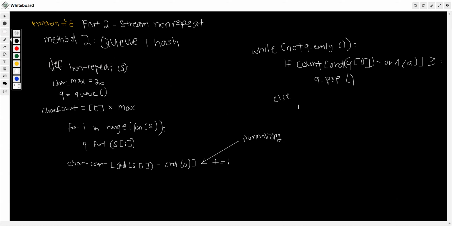So we're just then going to print whatever that element is, q at the index 0, and then we're going to break, because we are only looking for the one non-repeat. We're not looking for all of them. And yeah, that's it. Okay, cool.